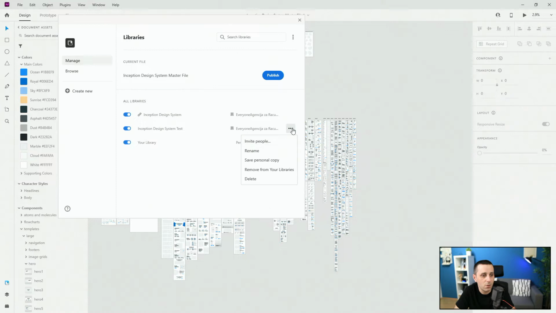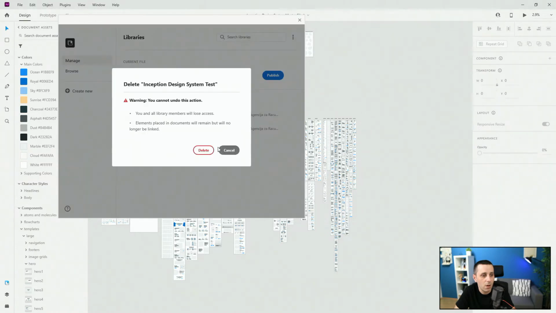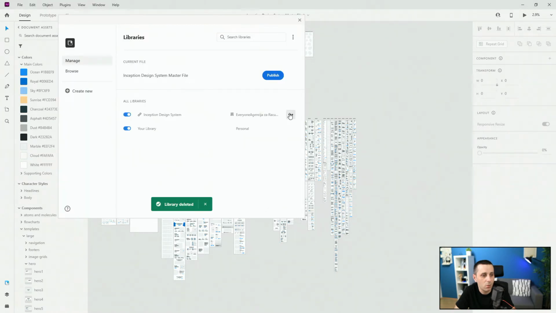So I have this test one, and if I want to delete one, I can hit delete right here, and I want to delete this one as well because I want to create a new one. So we have Inception design system master file right here. So all you need to do is hit publish right here, and once again, depending on your internet connection and